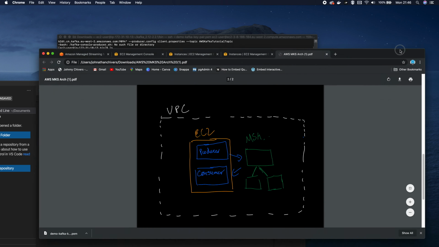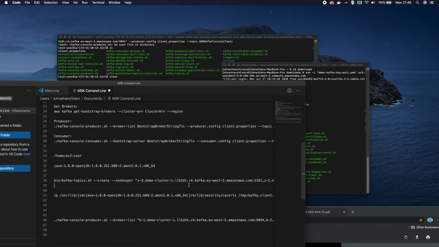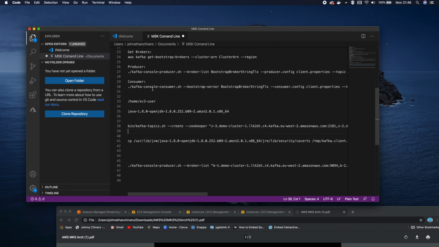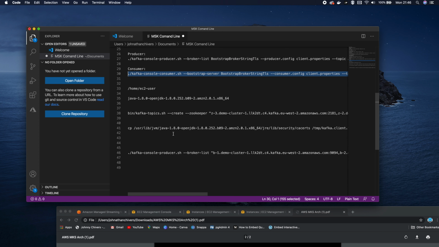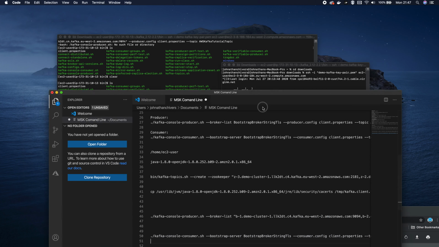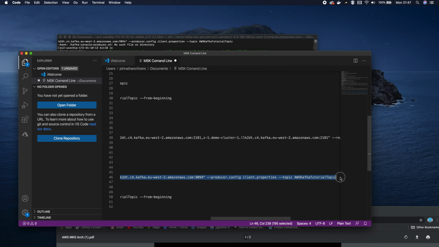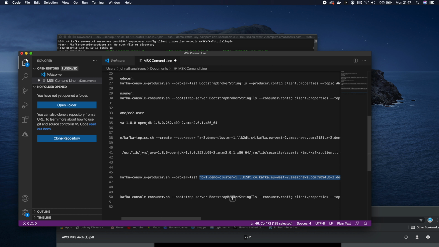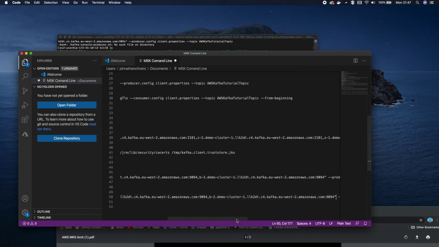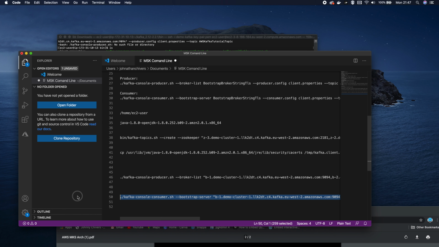So if we just grab that text pad again, and we see that there's a consumer command, so you can see that it's looking for the consumer config and it wants that TLS string. So if I copy that whole command down again, just at the bottom for clarity, and then we again go and get that TLS command. So I've got it right here, so I'm just going to copy and paste it from here. That was the producer one. This is the consumer one, and if we copy and paste it in,